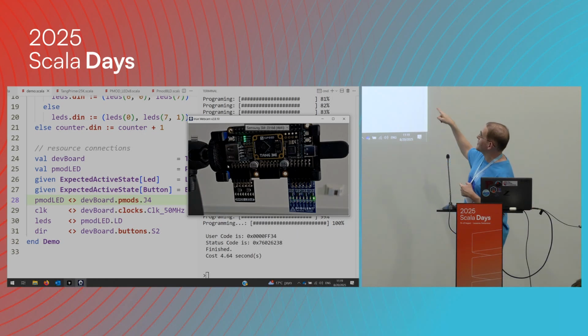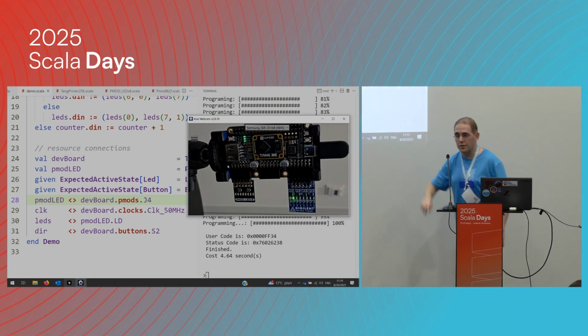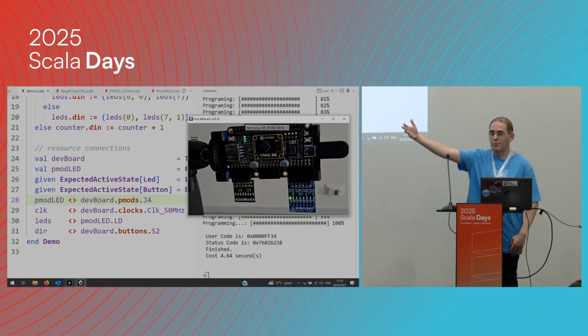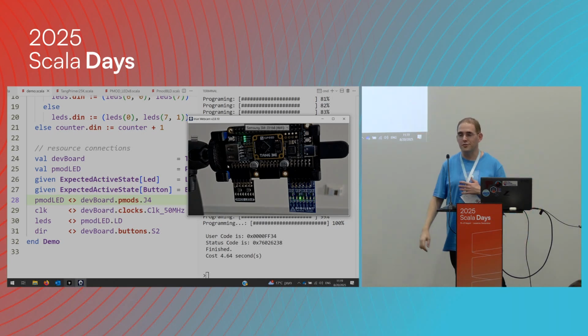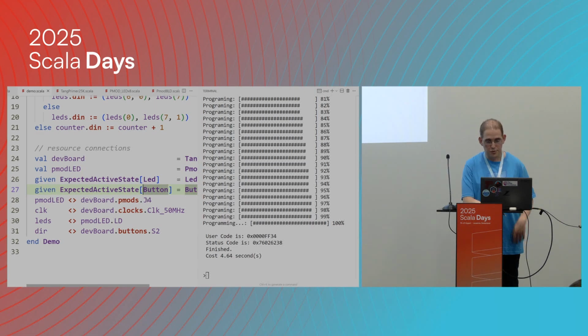And it's not only the routing to the FPGA, it's also the polarity. This board's LEDs and that board's LEDs don't have the same polarity. So one is active high and one is active low. For one I need to push logic 1 to turn it on, for the other I need to push logic 0 to turn it on. But here, all I need to do to change this,